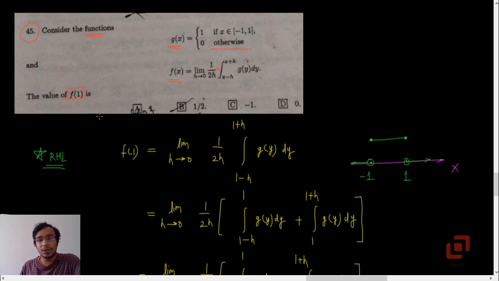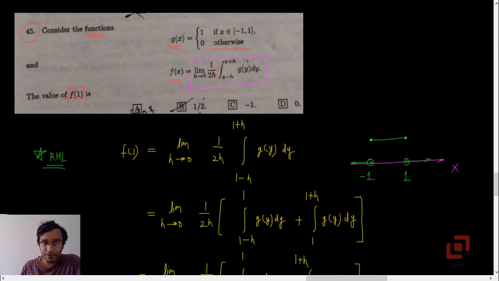Now the board students who do not prepare for JEE are not familiar with such expressions. Because for them limits are something different, definite integrals are something different, derivatives are something different. So when you see such a thing where you not only have integrals but also limits, you may get confused. But if you have your basics right, if you know what limits are and what a definite integral is, then there is no reason to worry.